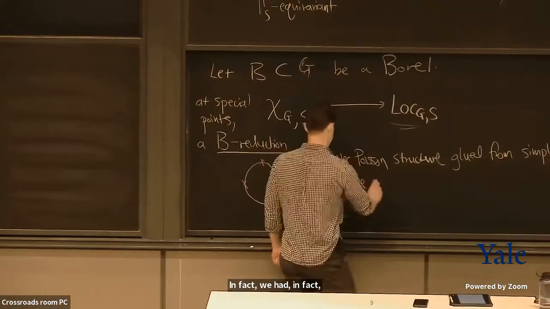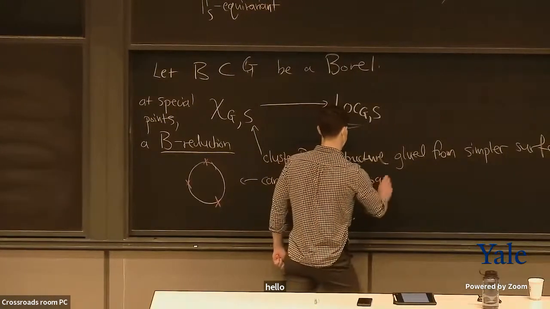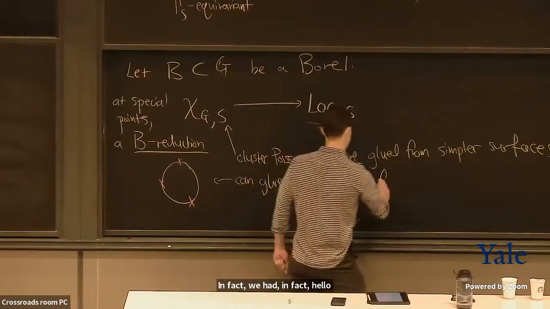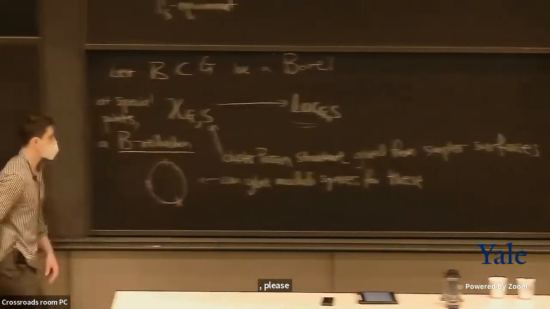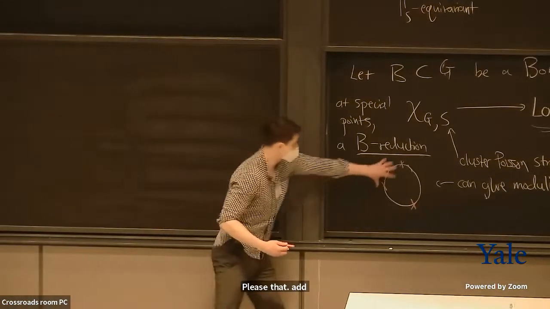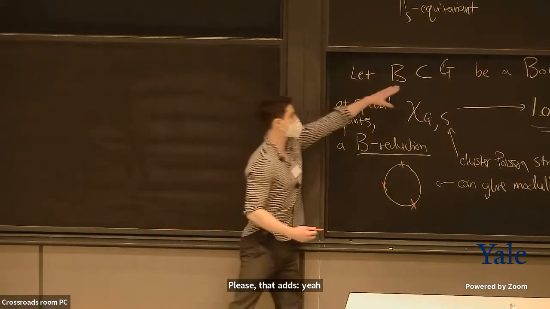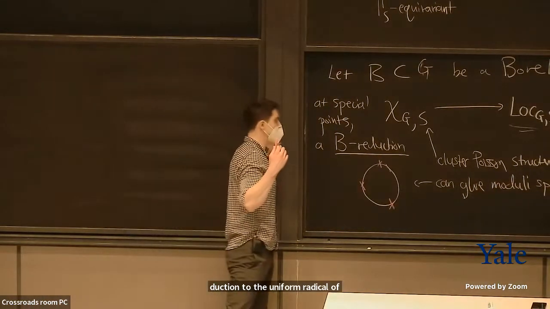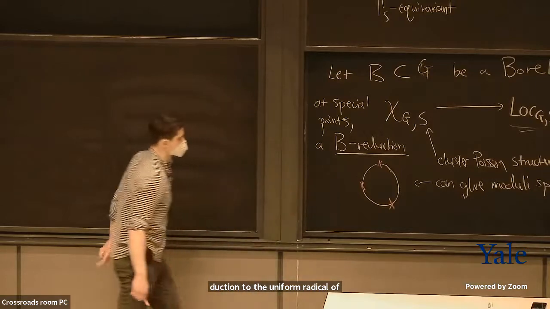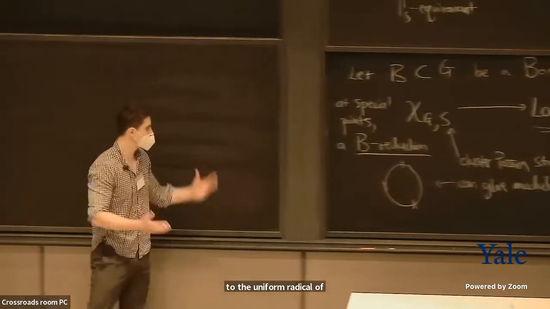And now we can glue these, with one small additional caveat, that at marked points on the boundary, like the ones we have here, we should consider a reduction to the unipotent radical of our Borel rather than the Borel itself. In other words, we should consider local systems with decoration. Okay. So this is a brief recap of some of the background.